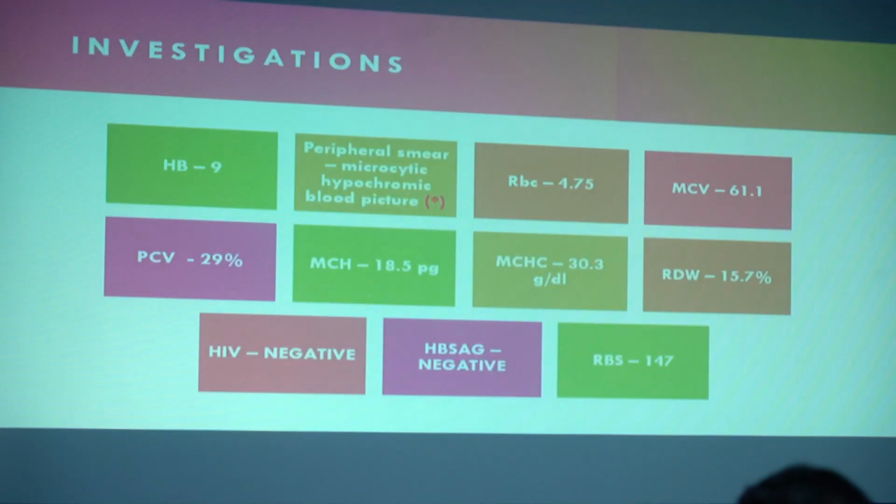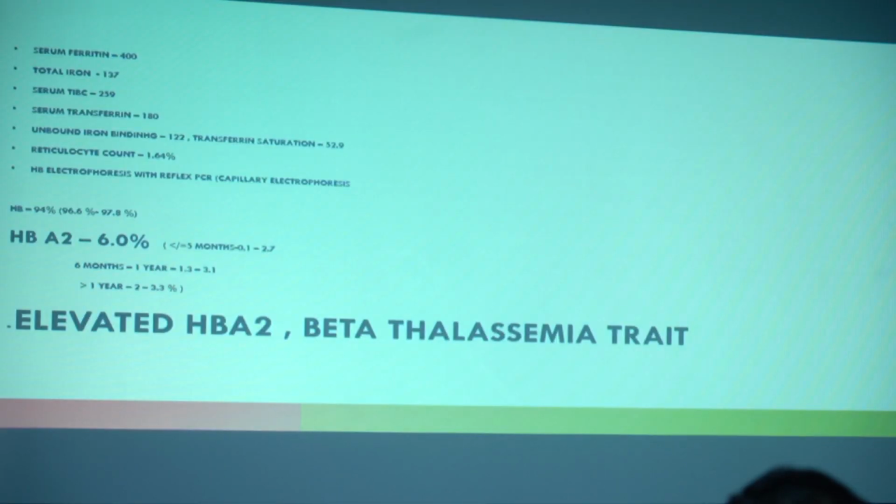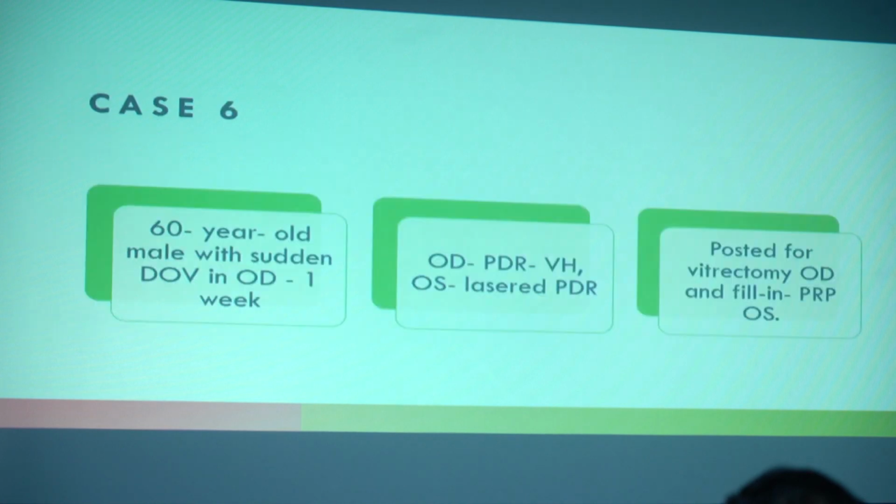So, what we found here was a peripheral smear with microcytic hypochromic blood picture, and the other investigations were almost okay with mild anemia. And when we did a detailed investigation, we found elevated HbA1, HbA2, a beta thalassemia trait. So, in my sixth case,